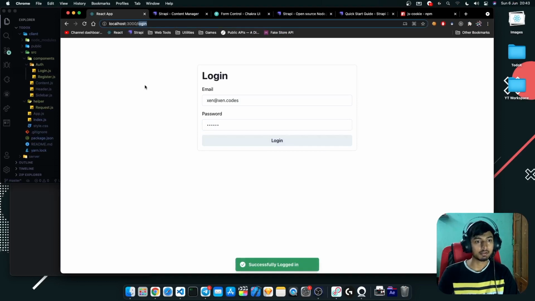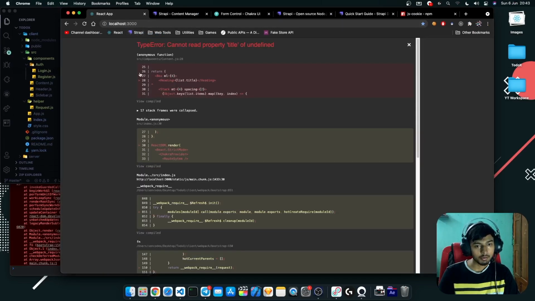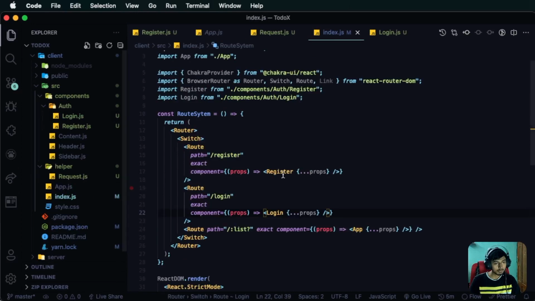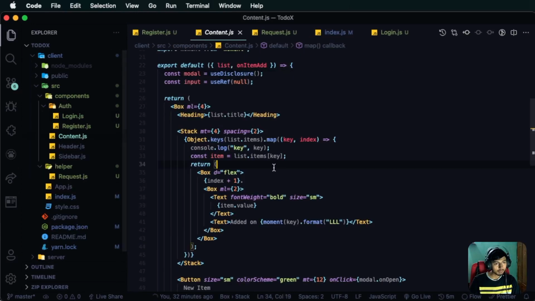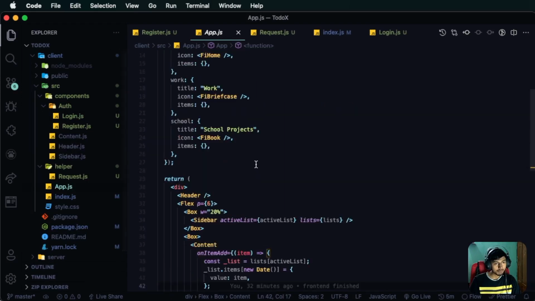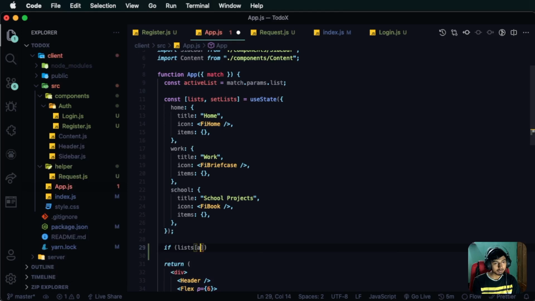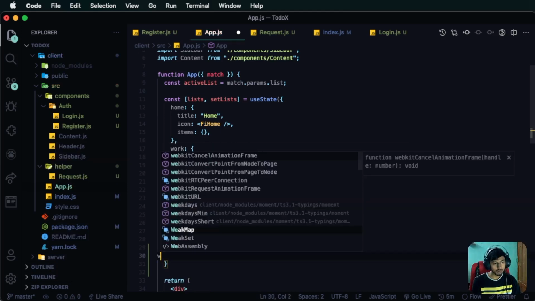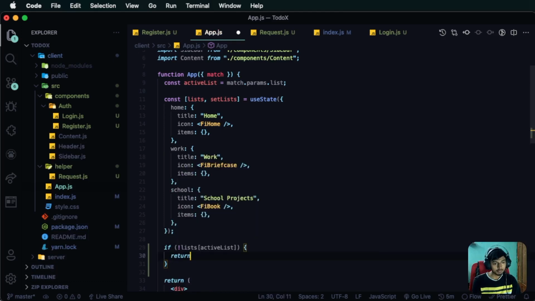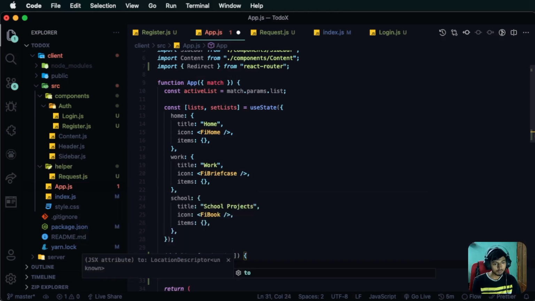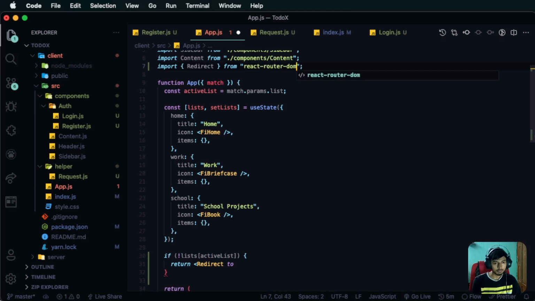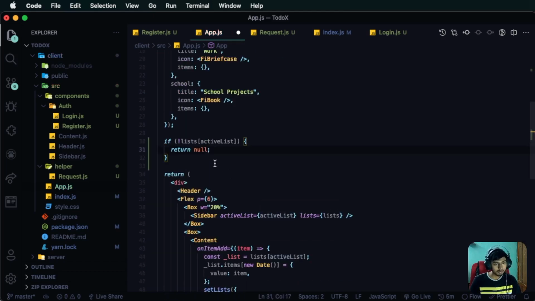Now let's integrate it into our to-do app. If we go to slash, there we go, it's an error because we don't have any root. Let me go to App.js. Alright. If lists does not contain the active list, we are going to redirect the user to React Router DOM, I think. We are going to redirect the user to the first. Oh, no, that will not work. We'll just return null, or let's say,